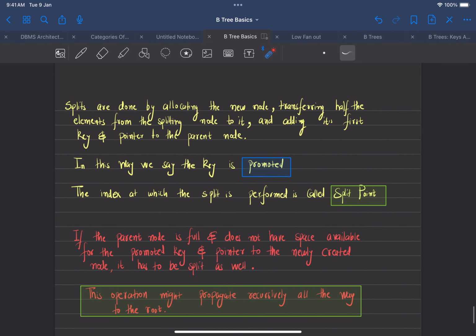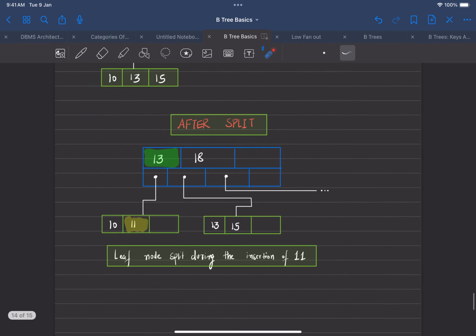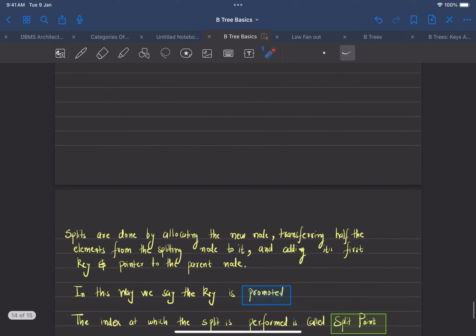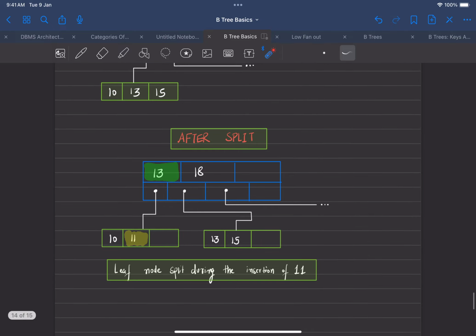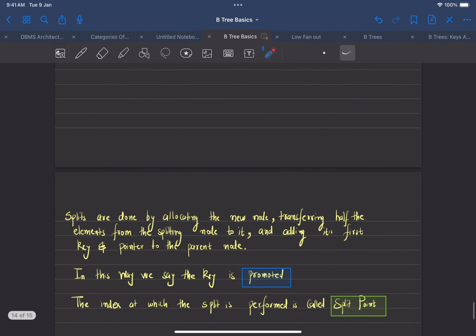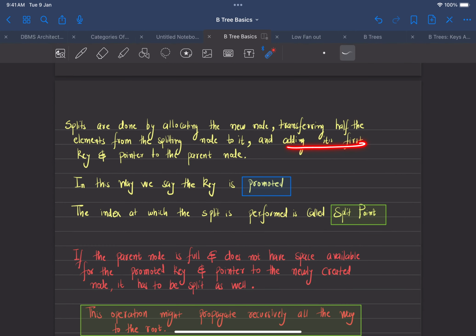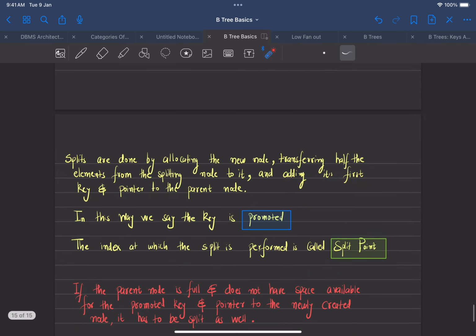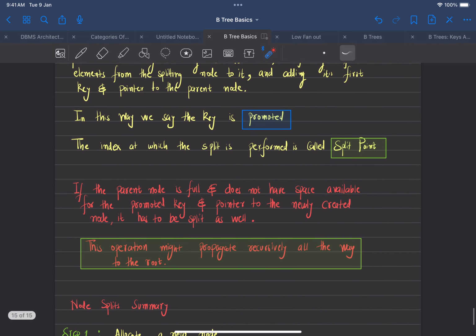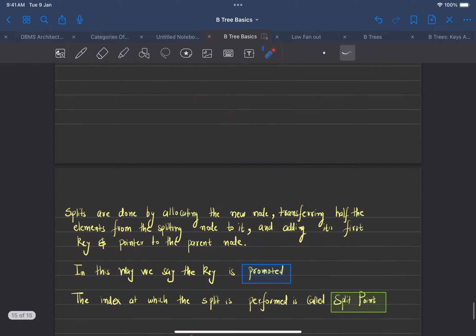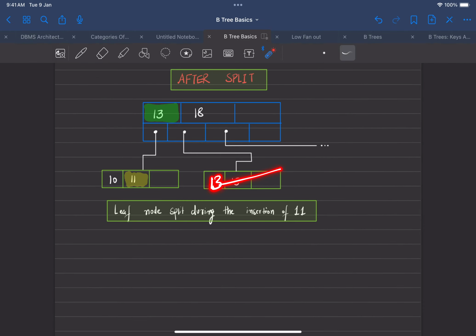Now splits are done by allocating a new node. We had allocated a new node, this is the new node. Transferring half the elements from the splitting node to it, that also we did. Once we split it down the middle, 13 and 15 were transferred to the new node, that also checks out. And adding its first key and pointer to the parent node. The first key is added to the parent node, and 13's pointer is also added to the parent node. So everything checks out here. In this way we say that this 13 key is promoted,